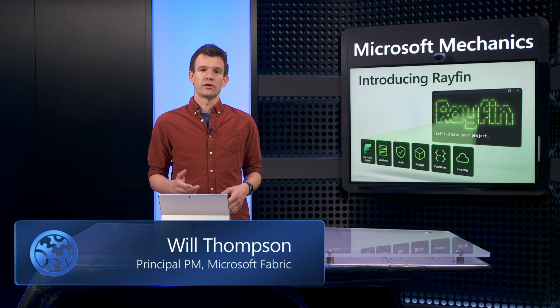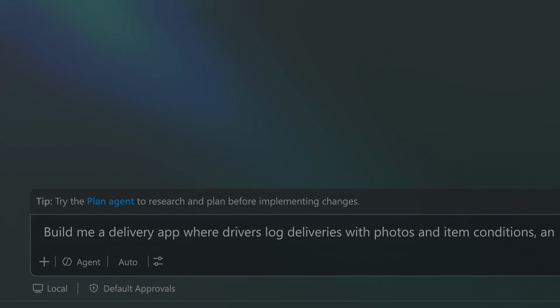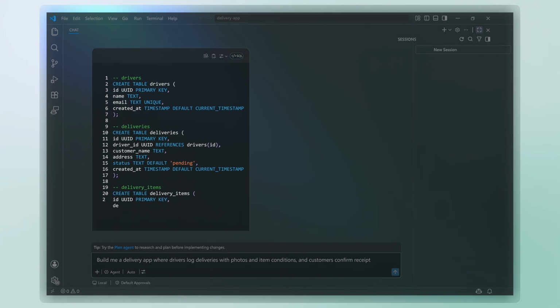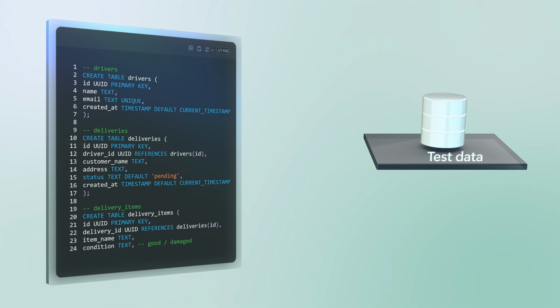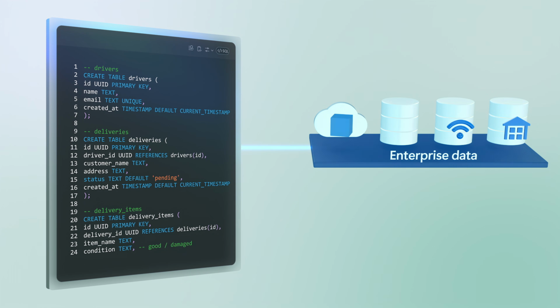What if building a real production-ready enterprise app didn't take months, but just a few hours? Today, AI can generate app logic and front ends almost instantly. And while everything works great with test data, the moment you try to connect the app to real enterprise data,